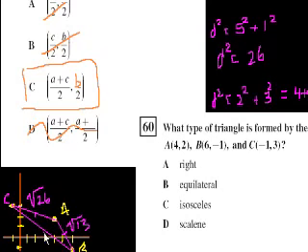Okay, and this number down here, you can figure it out. It's going to be bigger than both of them, right? You can just look at it and say that. So this is definitely a scalene triangle. All of the sides are different. Anyway,